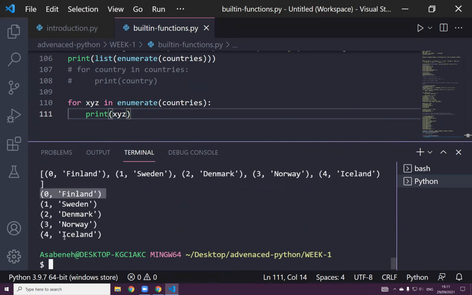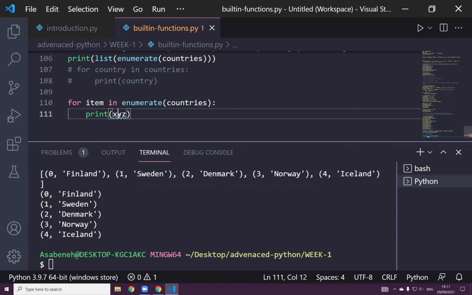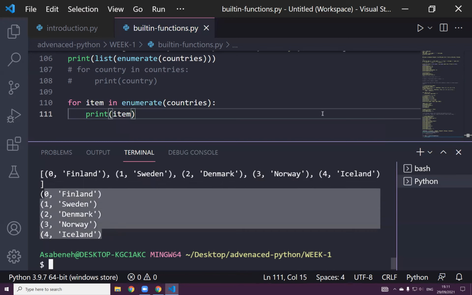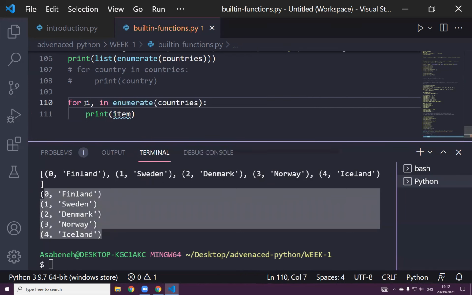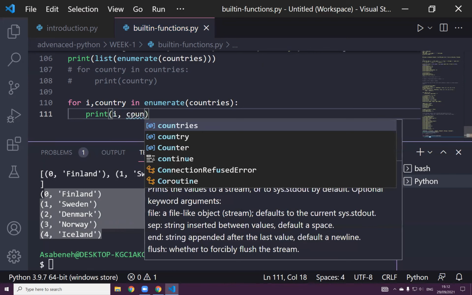I can call it item instead. As you can see, the item is actually a tuple. I can destructure the tuple here. The first value is the index, and the second value is the country. Now if you just print the index and the country,